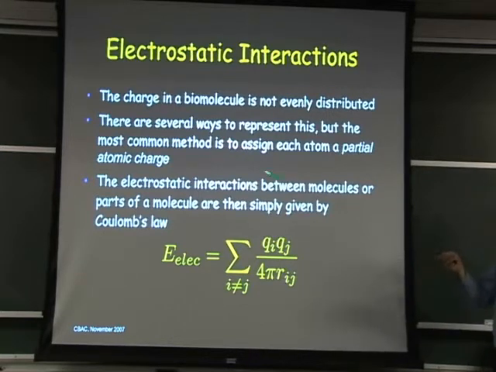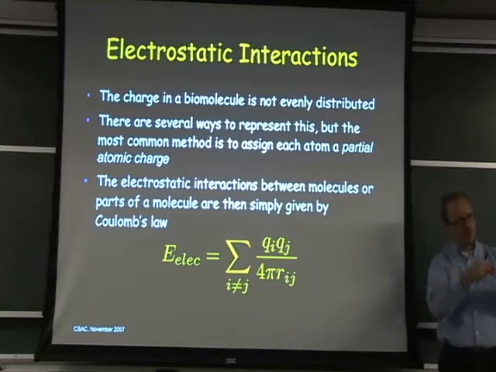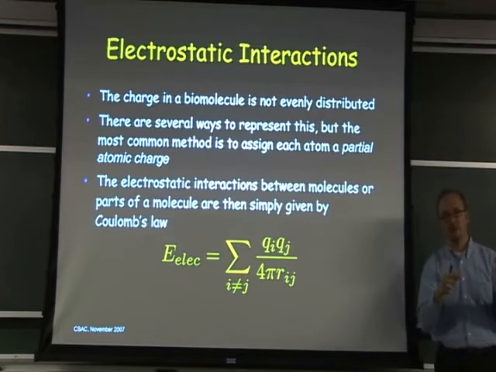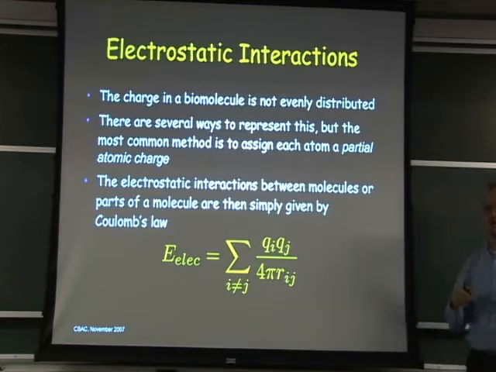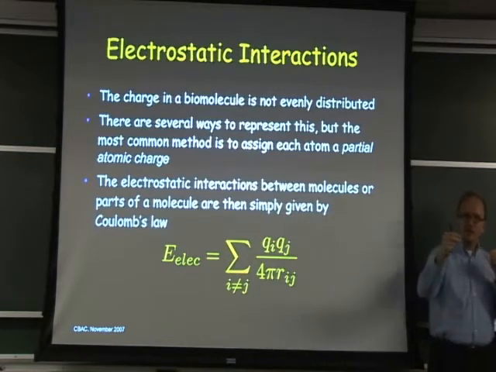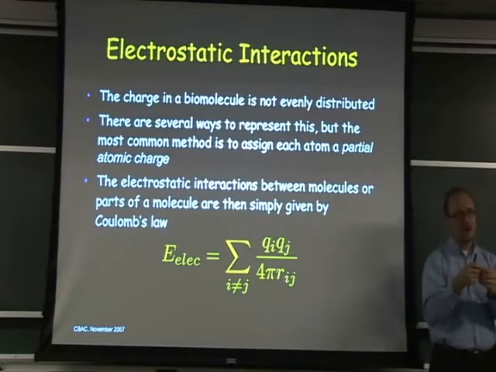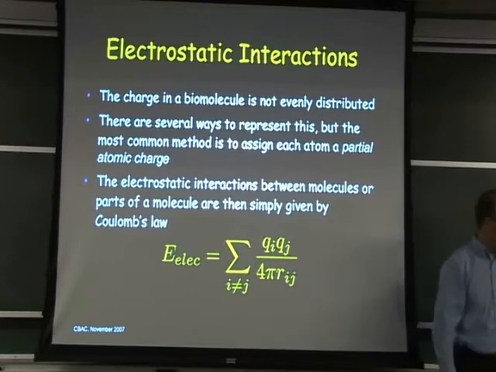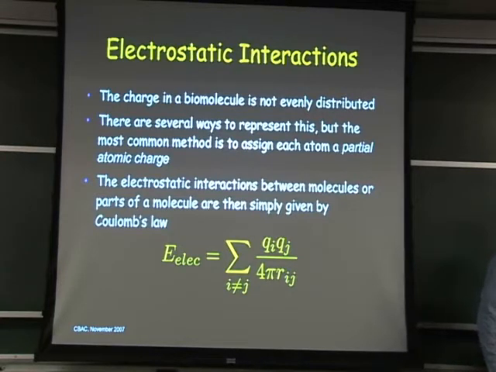And there are methods that have been developed to assign what are called partial atomic charges. So to get something that's neutral, I'm going to have partial atomic charges on all of the various atoms. And when I sum them all up, say for a neutral residue, I'll get to 0. If I sum them up for an acidic group, I'll get to -1 and so on. Once we do that, we use nothing more than Coulomb's law to describe the electrostatic interaction between all these atoms. Okay, so plus attracts minus, minus repels minus, like charges repel, opposite charges attract. Nothing more than Coulomb's law.